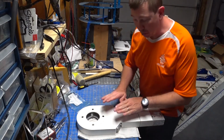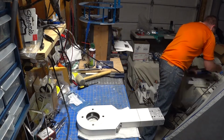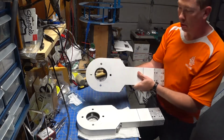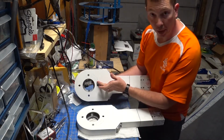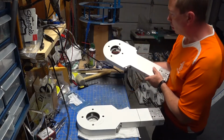Now we've already repeated this process on the other leg. As you can see, it has the matching mark, but this is for the left leg. Alright, so